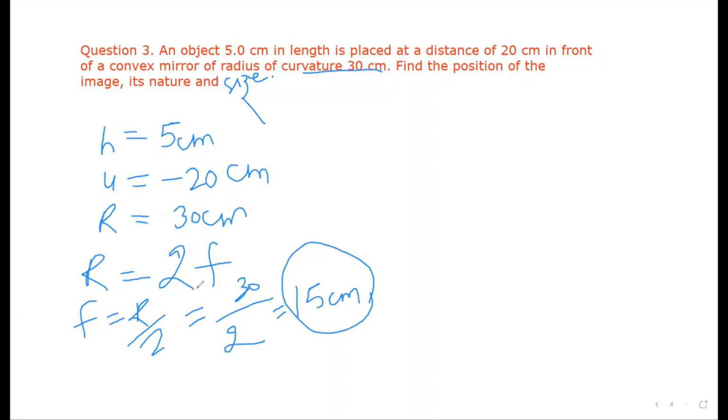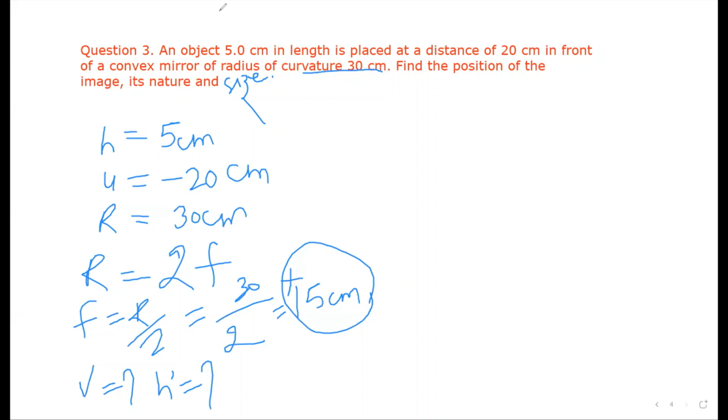So what is the focal length in case of convex mirror? It is not concave, it is a diverging mirror, convex mirror, virtual focus. So we get it on right hand side. So it will be plus only. This is plus 15 centimeter. So what do we have to find? Again, we have to find v. And what else? We have to find h dash as well. So let's see quickly. Now here you pause the video and try yourself once and then you check it out.